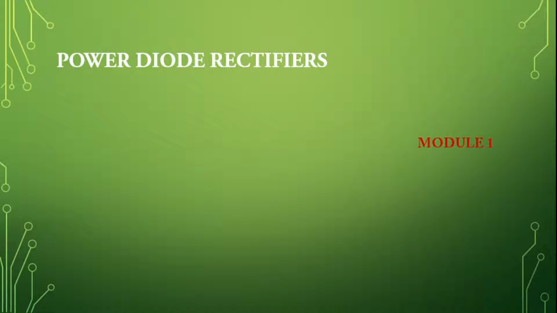A single phase half wave rectifier is rarely used for industrial applications. That is why here in this video we will learn about full wave rectifiers. So the diodes are the one which is widely used for rectification process. So we will assume the diode to be ideal, that is the reverse recovery time and the forward voltage drop of the diode will be negligible, that is almost equal to 0.